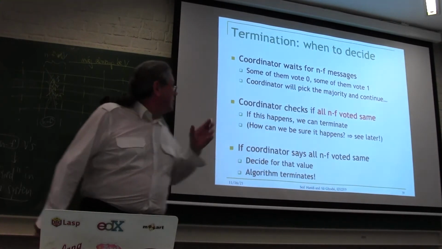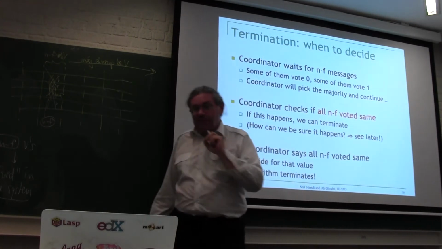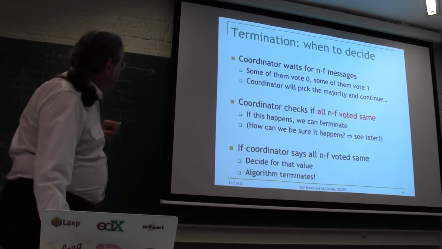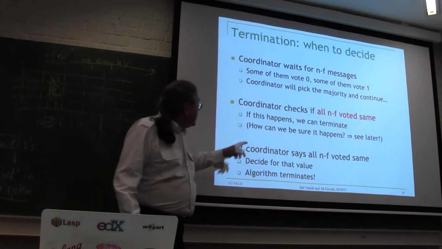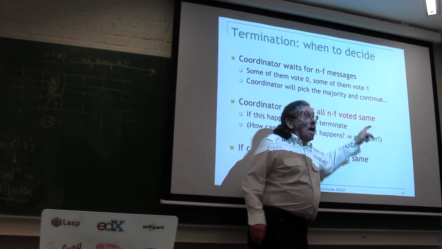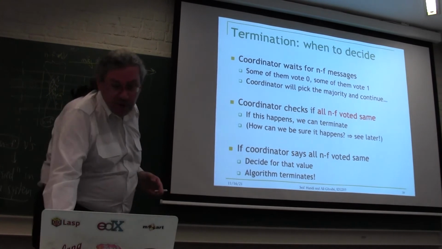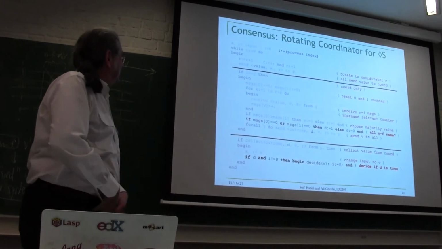But there's still, of course, one small thing. How do we know that we get to there? That's the last point. But let me show you first the algorithm now, the code, and then I'll show you that this actually happens. And then we're done. And it's based on that lemma. Okay? So here's the code that we saw before.